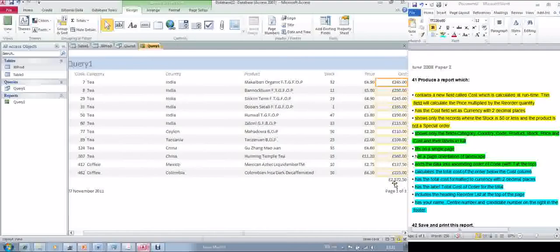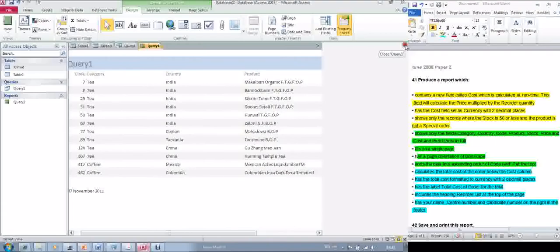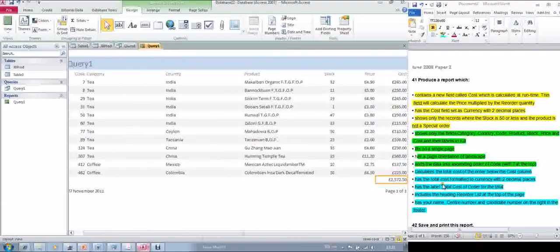The sum should be a currency to 2 decimal places, which it already is. If not, I can click on that and then click on the property sheet here and make the necessary changes. In this case, it's already done. The next question says this total here is labelled,